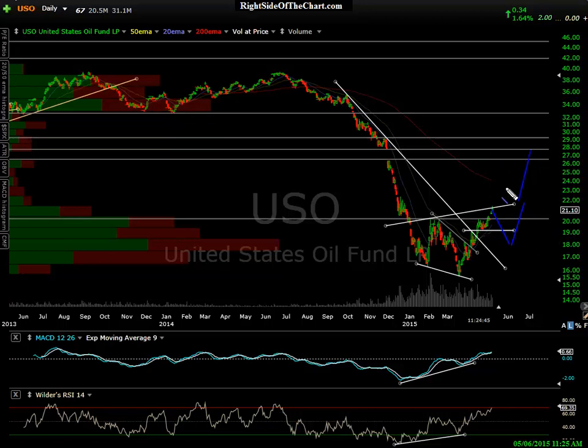In other words, I try to capture the bulk of these initial moves, and from there it'll probably be sloppy sideways trading action going forward for the next few months. Again, we're getting ahead of ourselves. That's something I'm watching for longer term. But as a trader, I think at the very best, we're going to be dead money.